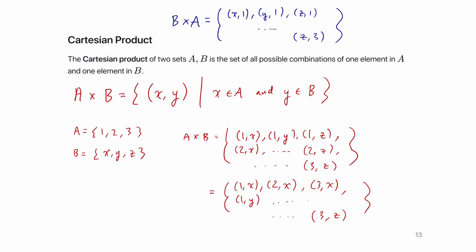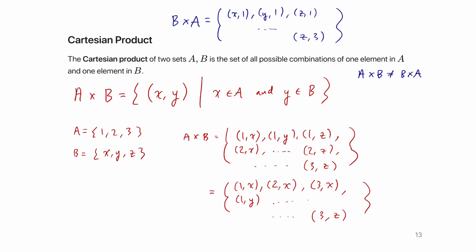That's a different set. Because the items that are in the set are ordered pairs. And while sets don't really care about order, ordered pairs, well, they're ordered, right? So the order matters within the ordered pair. It matters that this is the coordinate that comes from set B, and this is the coordinate that comes from set A. Is that okay? So the Cartesian product of A and B is not the Cartesian product of B and A, as we just saw.